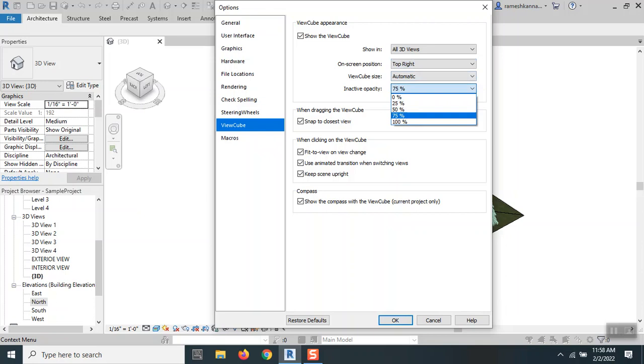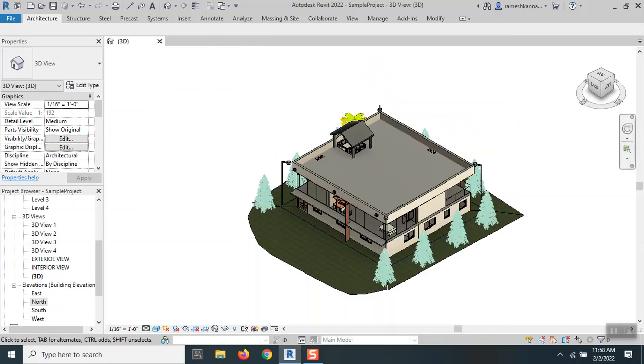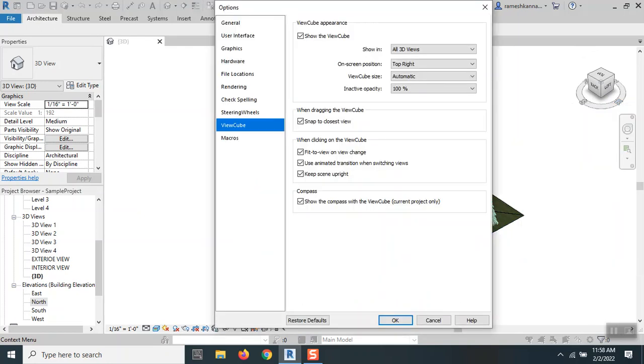And you can even increase the opacity. You can increase it to 100% or something like that. Generally it will be 50% by default, but I've just made it 75. Let's take it to 100%. I'm going to click OK, and the opacity will be increased. Let's take that to the default of 50 for inactive opacity. And snap to the closest view, and all these things should be kept checked. Those will be very important controls. I'm going to click OK,